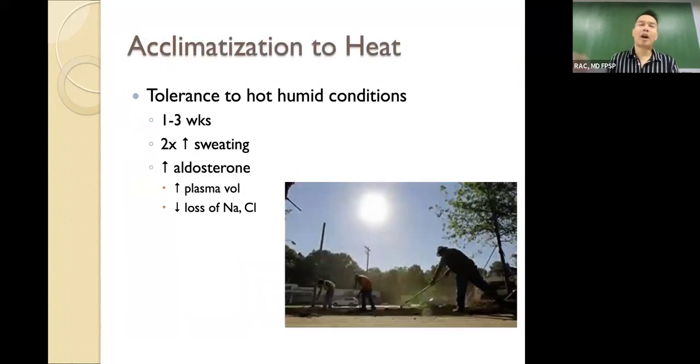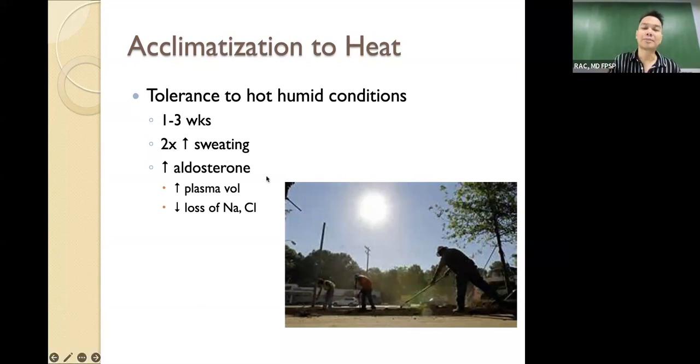Now, if we are constantly exposed to warm environments, it is important for us to be acclimatized to heat. And as we recall, aldosterone is responsible for acclimatization of our sweat glands. So recall that aldosterone maintains our extracellular fluid volume. It will maintain effective circulating volume. Whenever we are exposed to hot, humid conditions, blood vessels will dilate. So the body should preserve extracellular and effective circulating volume. So this is done by aldosterone.